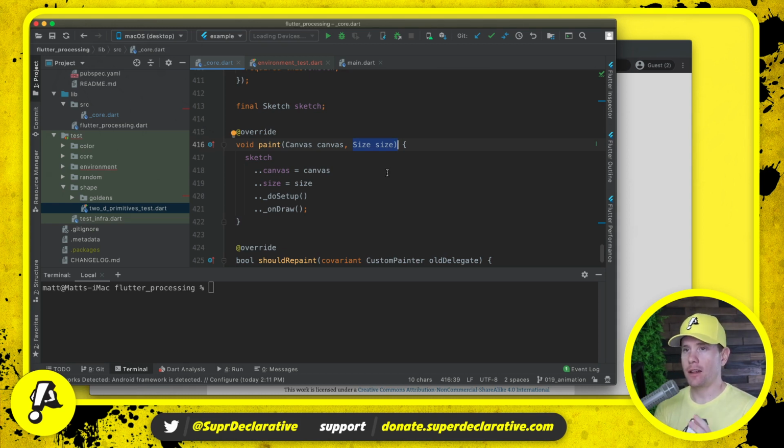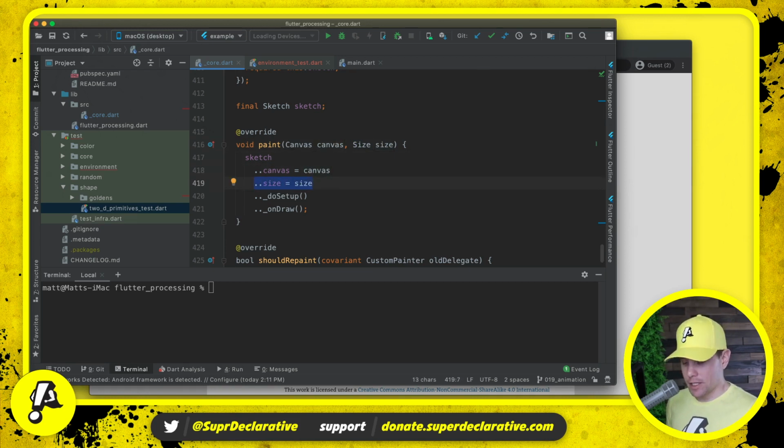This comes from the fact that in processing, what you're painting is the entire window. It is the entire app. The good thing about Flutter is that we can put a processing sketch in the middle of absolutely anything we want. The downside is that the area available for our sketch is subject to whatever that larger layout is. In any event,